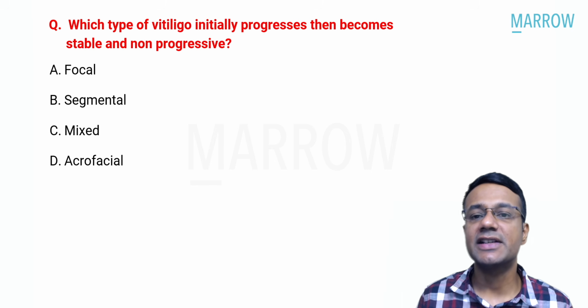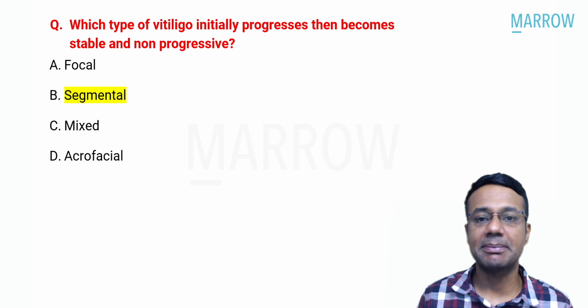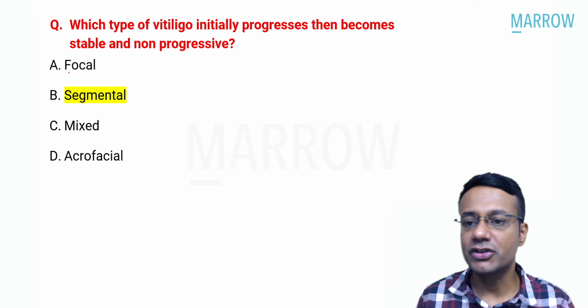The question here is, which type of vitiligo is initially progressive and then becomes stable and non-progressive? A. Focal, B. Segmental, C. Mixed, and D. Acrofacial vitiligo. The correct answer for this question is B, segmental vitiligo. Now, please remember, students, focal vitiligo is basically characterized by